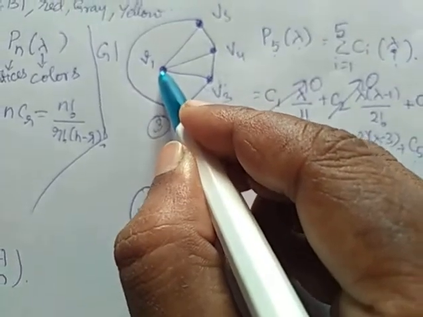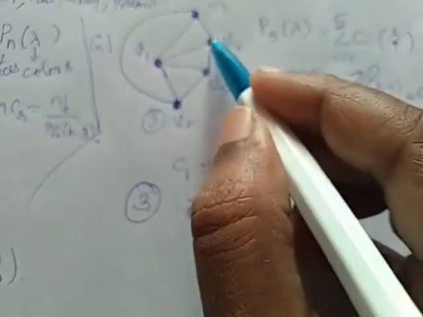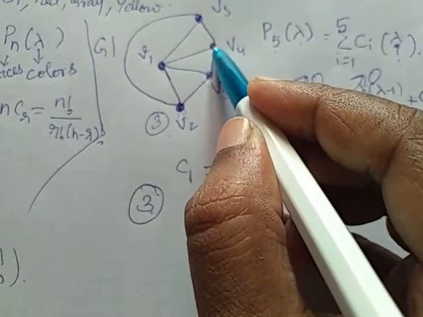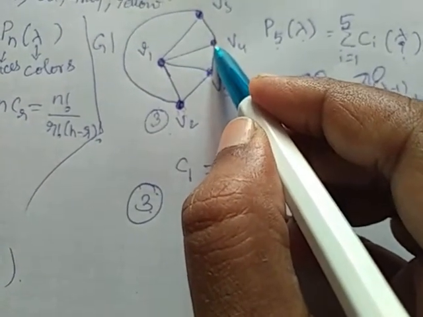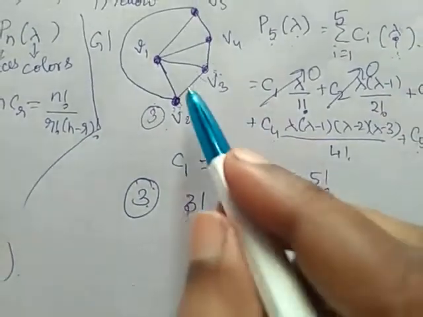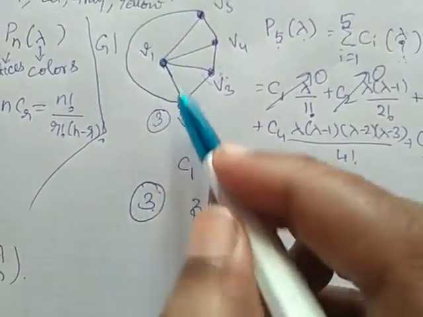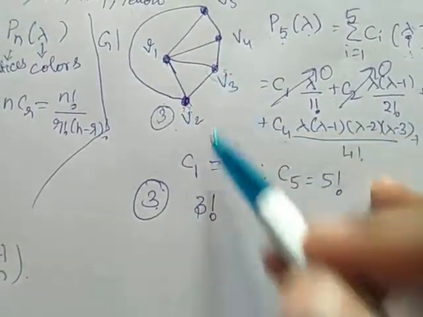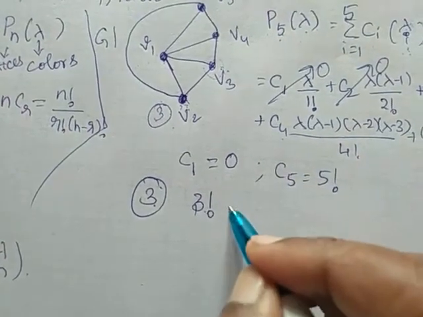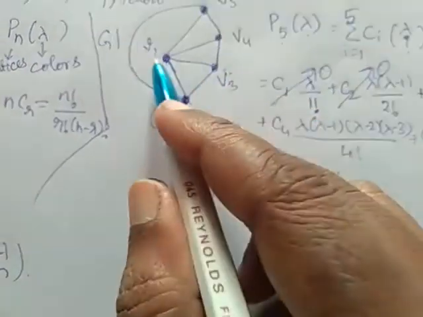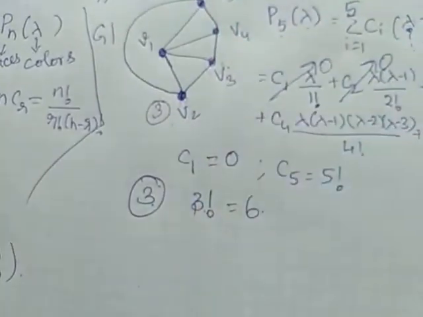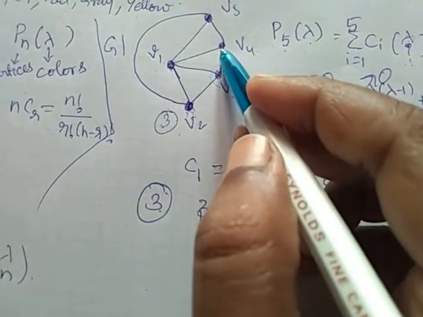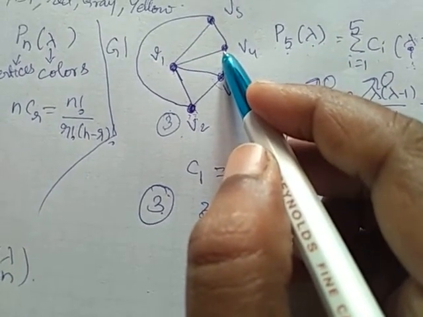See here, if I choose red and blue, obviously this should not be red and blue. The number of possibilities are decreasing for V4, right? We are assigning colors for V1, V2, V3. So if we assign colors for V1, V2, V3, we can assign in 3 factorial ways, that is 6 ways. Once we assign the colors, we cannot have options other than the V1 and V2 colors, we only have to choose for V4, correct?